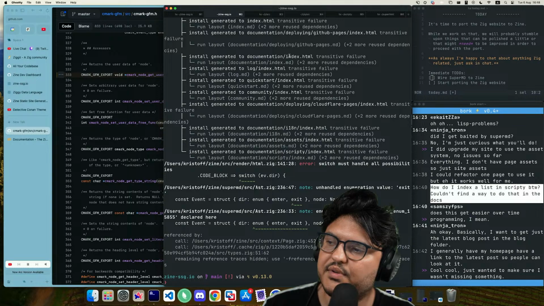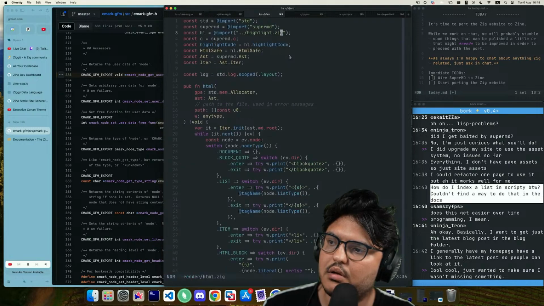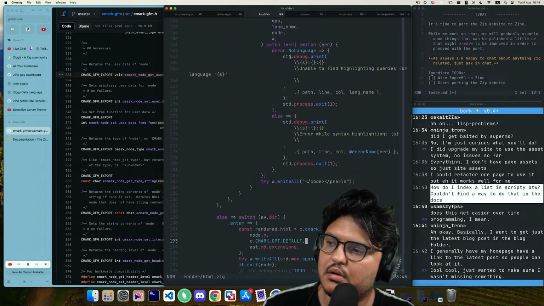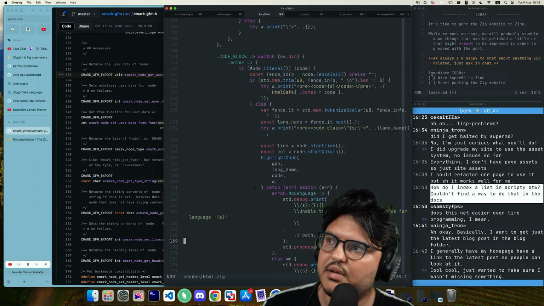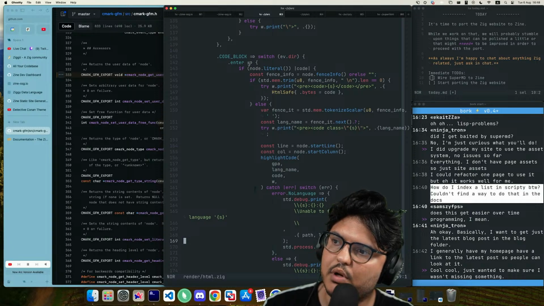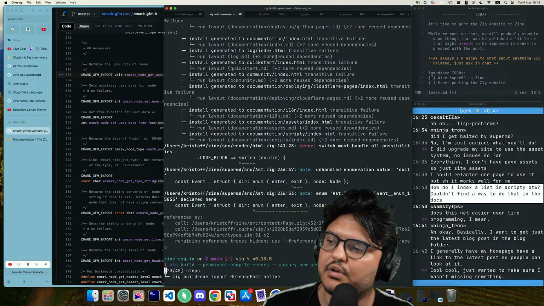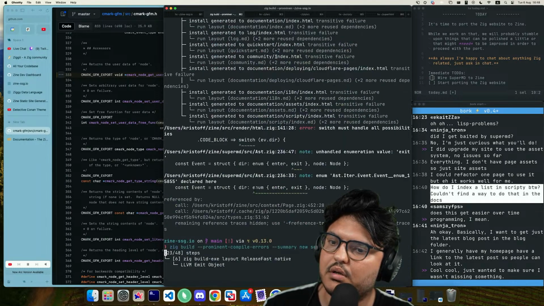Switch must handle all possibilities. Oh, this guy doesn't have an exit. Code block. I suspect that we didn't do anything on the other side for this guy.